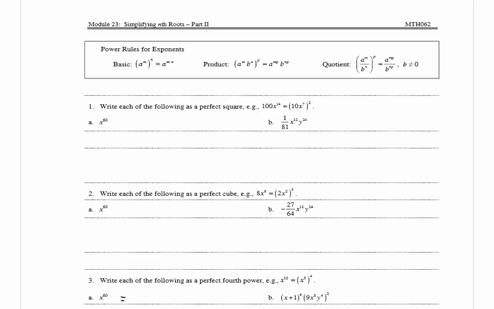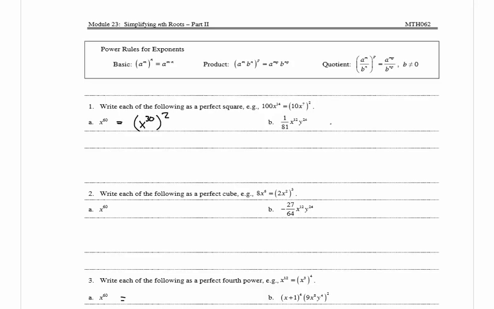the perfect cube and the perfect fourth. We can use the same technique all around. So for x to the 60th, if we want to write it as a perfect square, then we're going to write this as 60 over 2 is equal to 30. So we're going to have x to the 30th